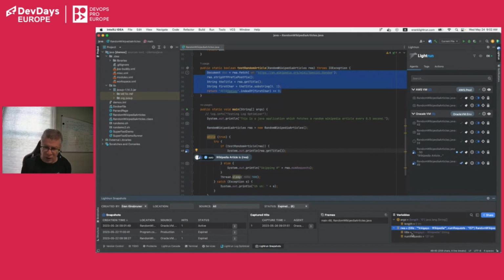So let's stop for now. We have deployed a running Java application into two remote distributed environments. They can be Kubernetes, can be serverless, whatever. And as a developer, I don't really care where the application is deployed. What I care about is that someone told me that in this Wikipedia application I have a bug, and I want to troubleshoot it. I immediately go, I didn't have any log lines in this code, so I'm adding a dynamic